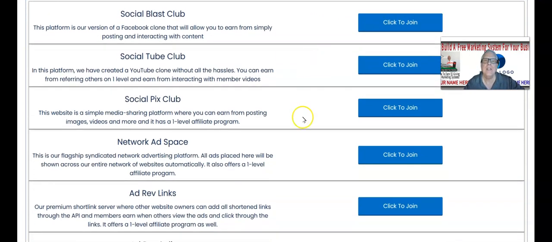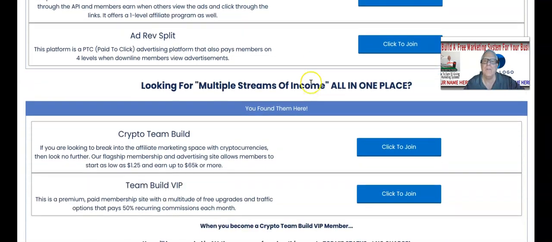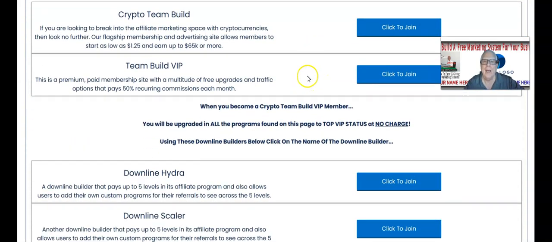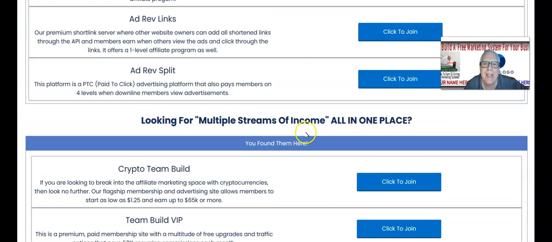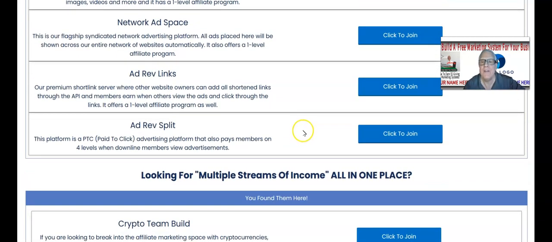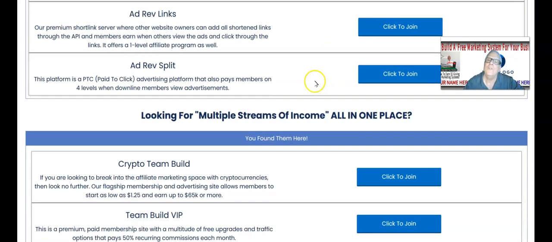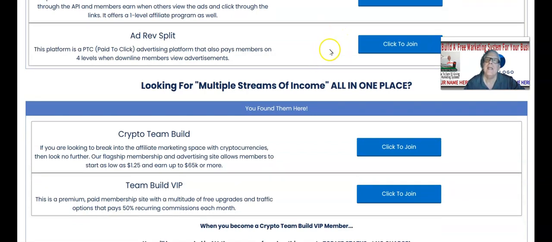They have to join each and every one of these affiliate programs. Why? Because if they don't, guess what's going to happen? You're going to receive those passive commissions. If those people do not join and upgrade and replace your referral link, your link is going to stay in their